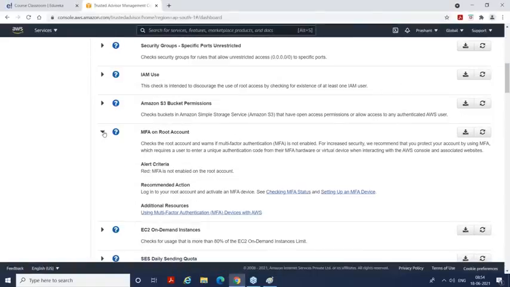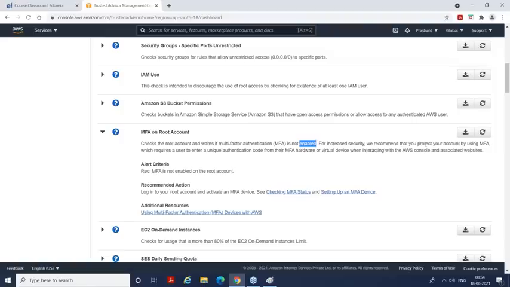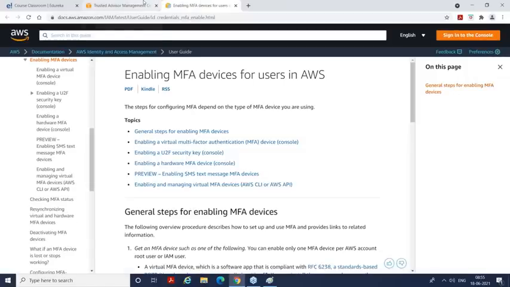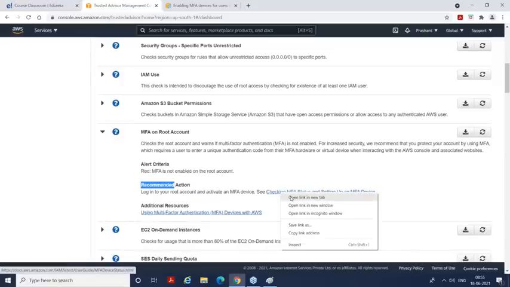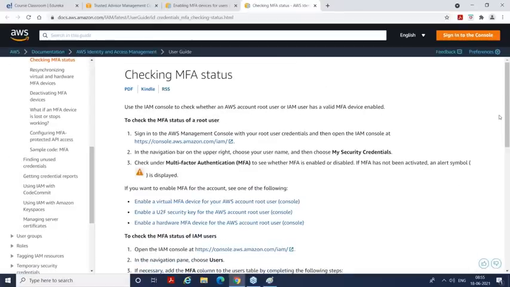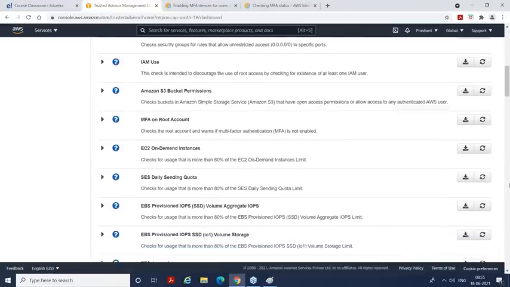MFA on root account. So right now, it checks the root account and whether multi-factor authentication is enabled. For increased security, we recommend that you protect your account using MFA. Then the recommended action: log into your root account and activate an MFA. And it is giving you relevant documents. You can refer to them to enable MFA on your root account, right? So it is giving you how to check this status. It is giving you all of that so that you can be very clear, and this can come as a finding for your account,